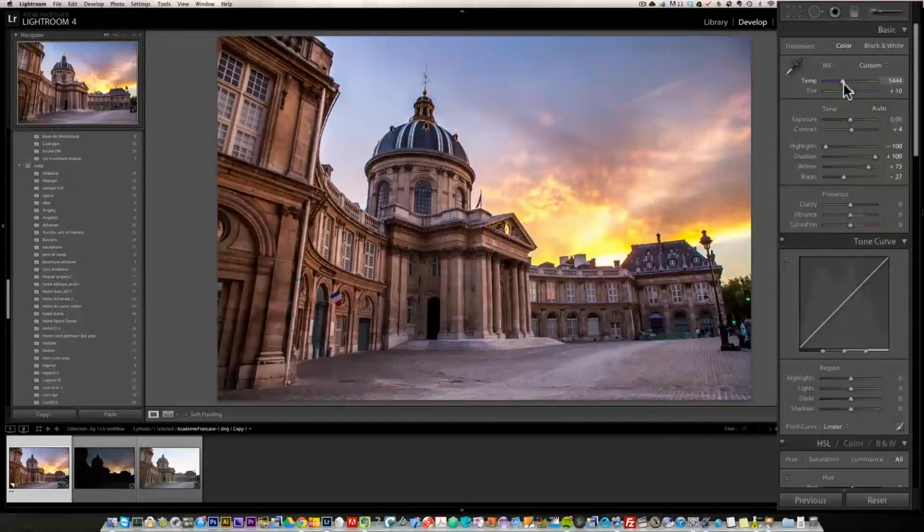So, you know, you just play around with the temperature until you have something that you like. It was a bit warmer, something like that, that I kind of like. Okay, now we've got some serious